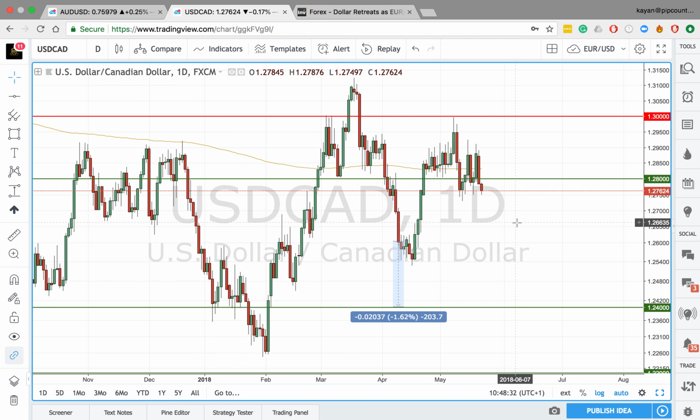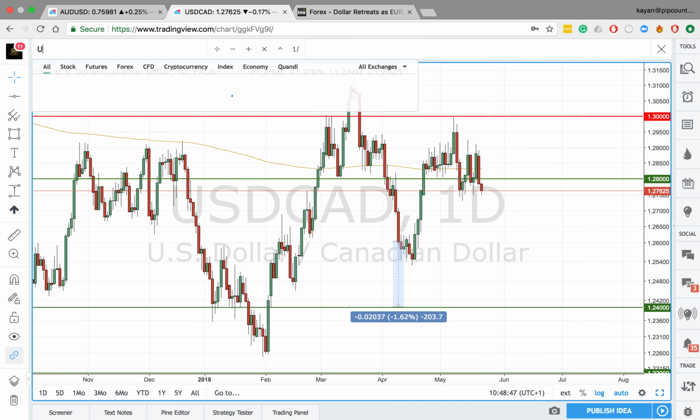This is why NAFTA is the key, because it will give the market the indication of what's going to happen with interest rates, as well as how the economy will perform if they get a free trade agreement again with the US and Mexico. So traders, looking at the US dollar JPY, we know the Japanese yen trade is weak